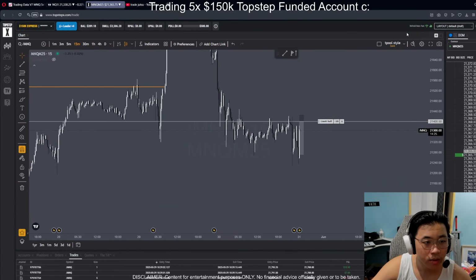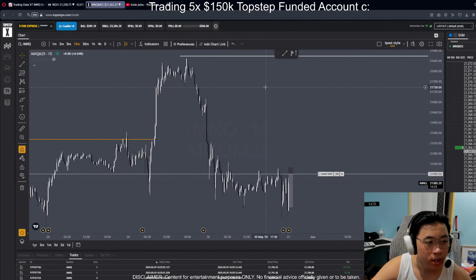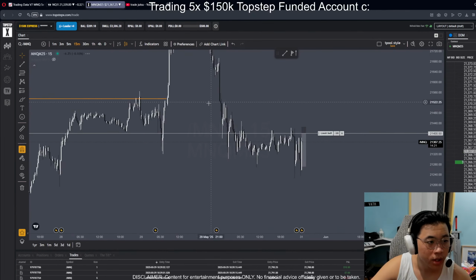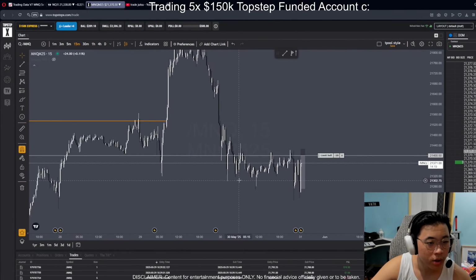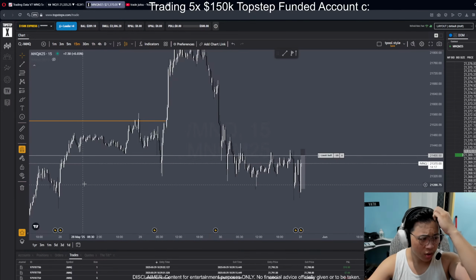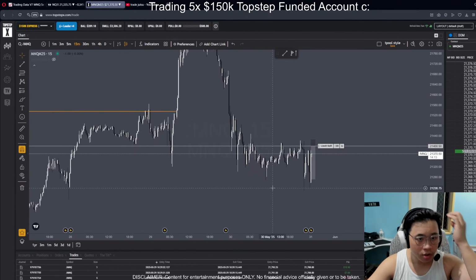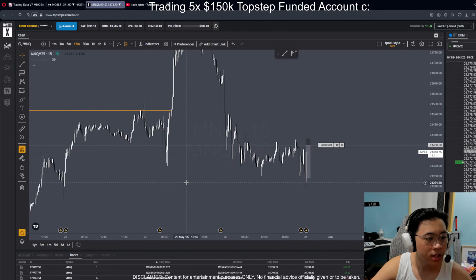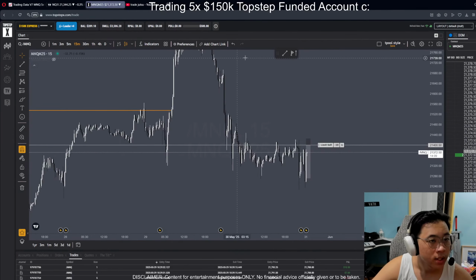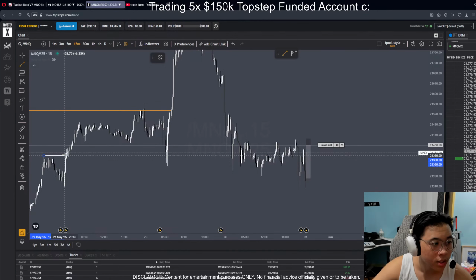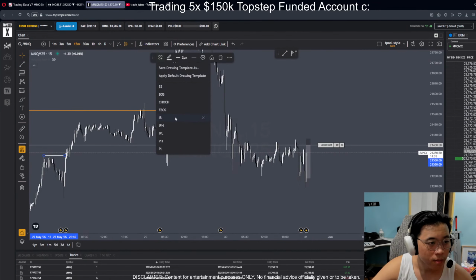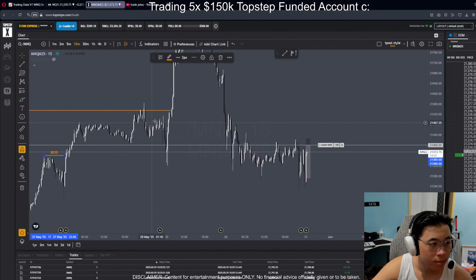Following the recent sort of change of character, we've come back into this POI, point of interest level. We swept through this one, we swept through the point of interest in the one below. So realistically, we could look at this as an FBOS model potentially on the 15 minutes. So if we take that, okay,